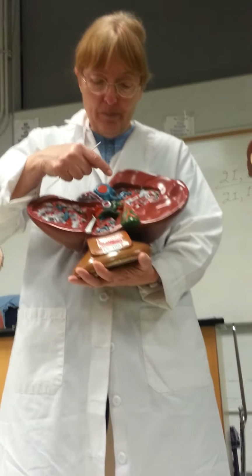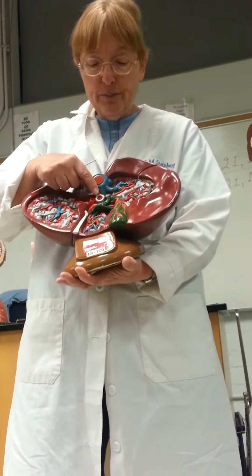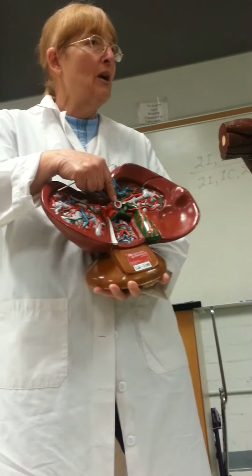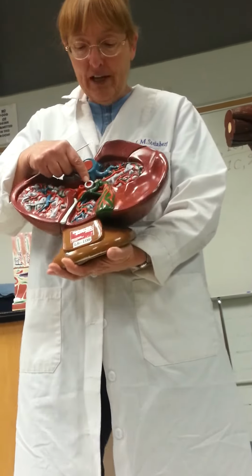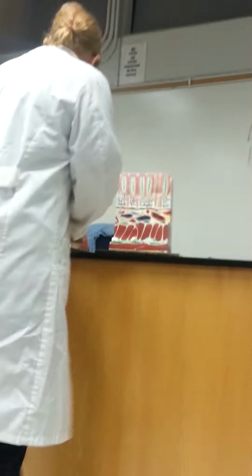What do you suppose the blue blood vessel coming out of it here represents? Hepatic vein. What do you suppose this purple blood vessel represents? Hepatic portal vein. So those are the arteries and veins that you see inside of the liver. Okay, so that's the liver. The next thing we're going to take a look at